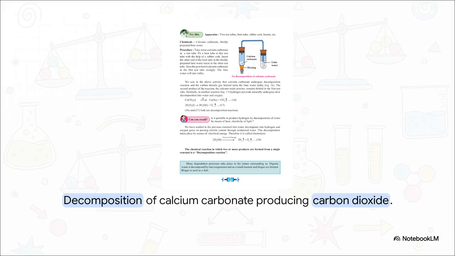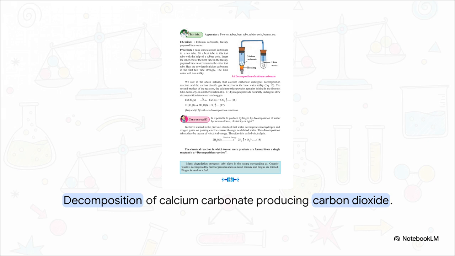Let's look at a typical laboratory setup for this. Say we take some powdered calcium carbonate in a test tube and heat it strongly with a Bunsen burner. That intense heat forces the single reactant, the calcium carbonate, to decompose. It breaks apart into calcium oxide powder, which stays right there in the tube, and carbon dioxide gas, which travels